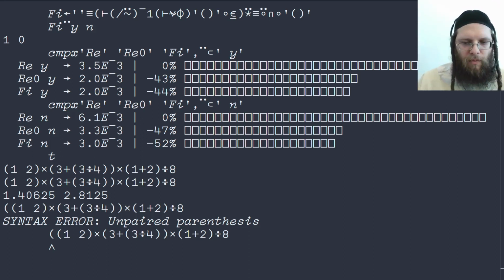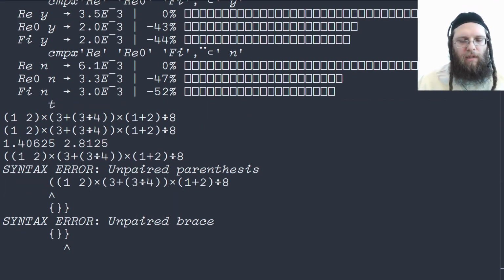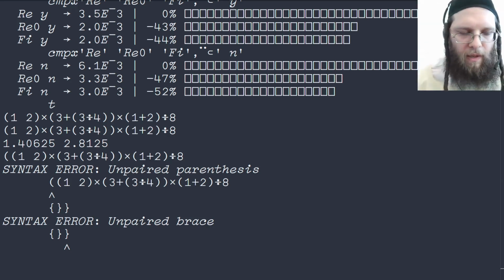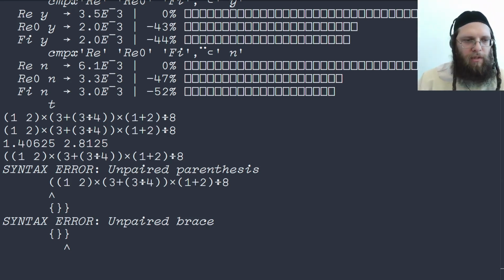The same thing happens if we use braces that are not paired up correctly. Then APL will tell us that they're unpaired braces. Let's see how we can abuse this. We can start off using the braces